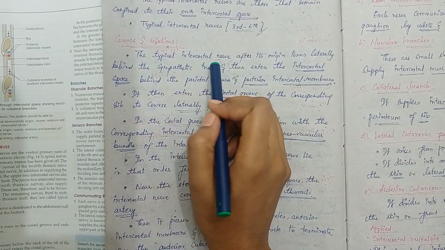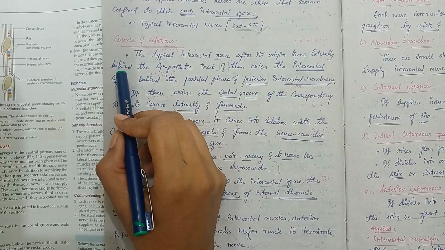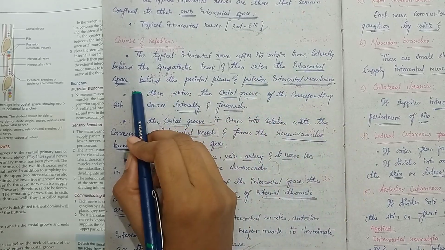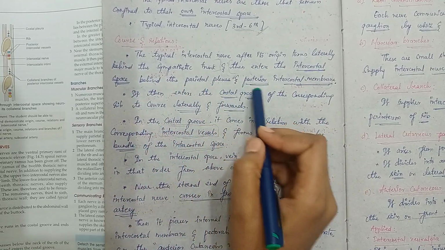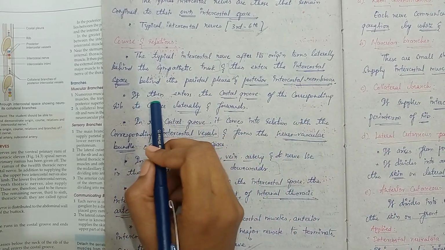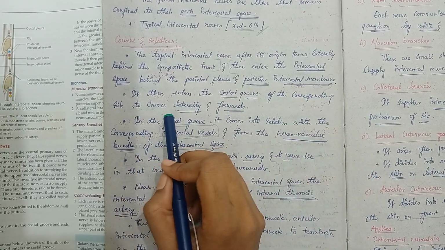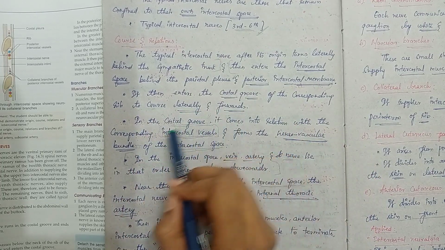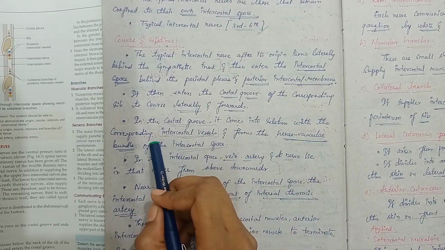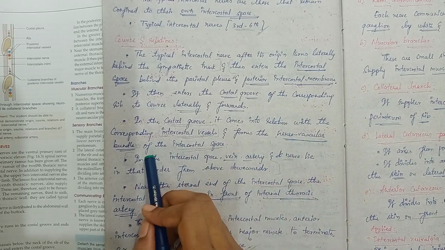The typical intercostal nerve, after its origin, turns laterally behind the sympathetic trunk and then enters the intercostal space behind the parietal pleura and posterior intercostal membranes. It then enters the costal groove of the corresponding ribs to course laterally and forwards. In the costal groove, it comes into relation with the corresponding intercostal vessels and forms the neurovascular bundles of the